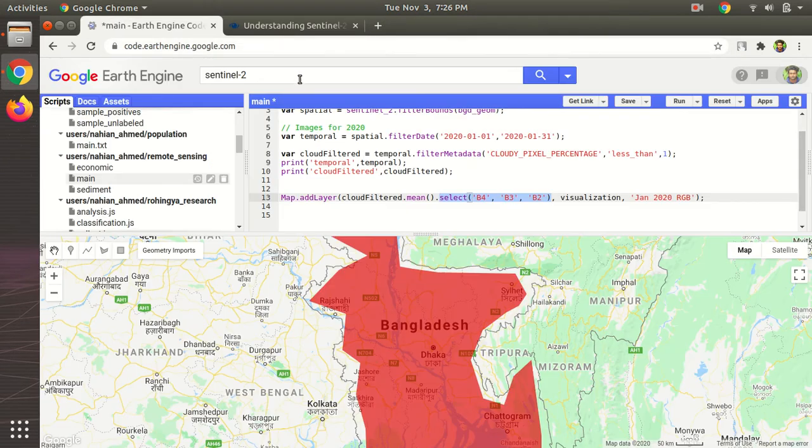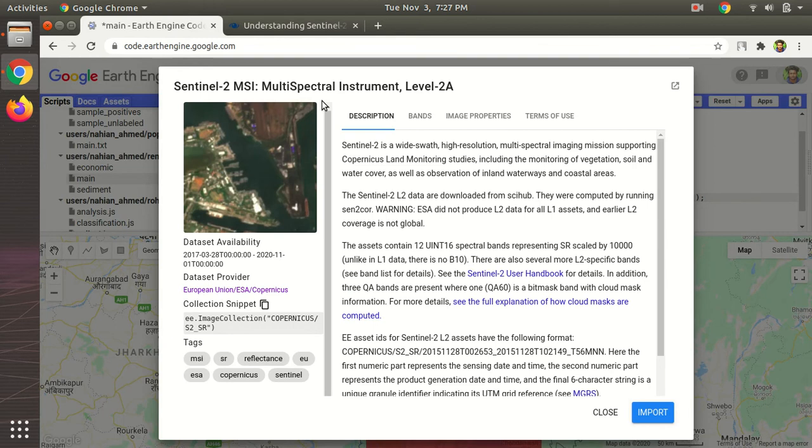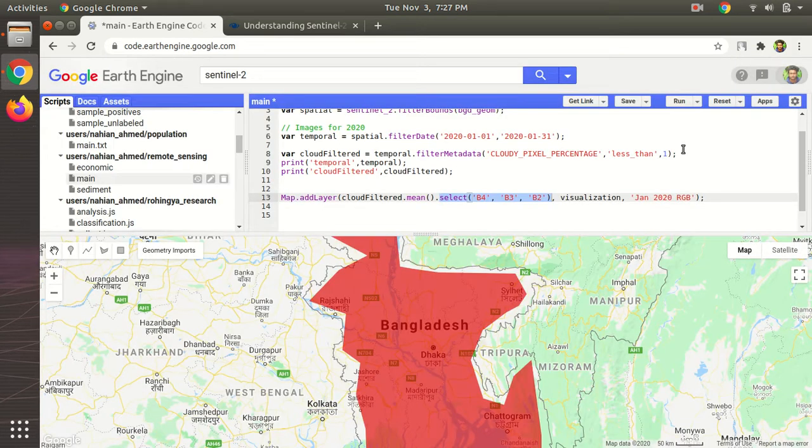Let's just look at the documentation here. If you go to bands here, B4 is red, B3 is green, and B2 is blue. So red, green, blue, B4, B3, B2. So we are selecting those bands B4, B3, B2, and they are given some visualization parameters.